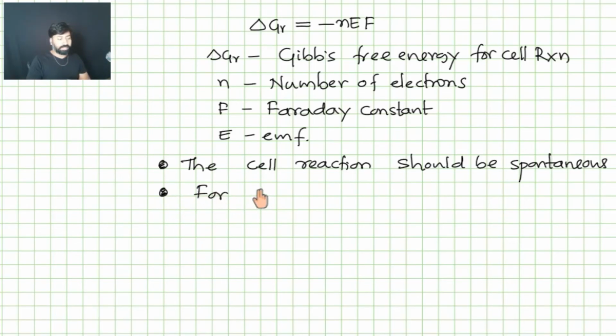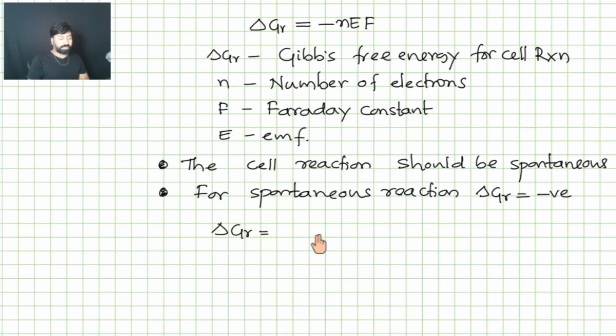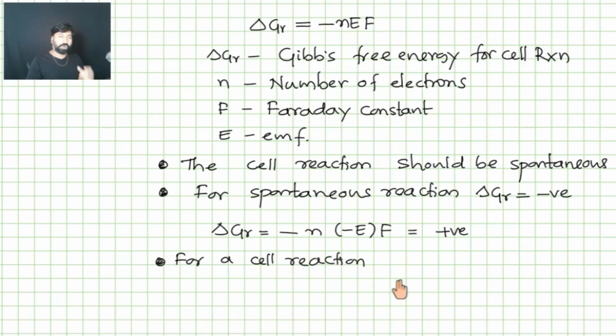Second point, for spontaneous reactions, the delta GR, the Gibbs free energy, is always negative. Now, the EMF may be positive or negative, greater than 0 or less than 0. But if I take delta GR equal to minus nEF, and you will get a negative value only if the EMF is positive. The EMF can never be negative here. So for a cell reaction,